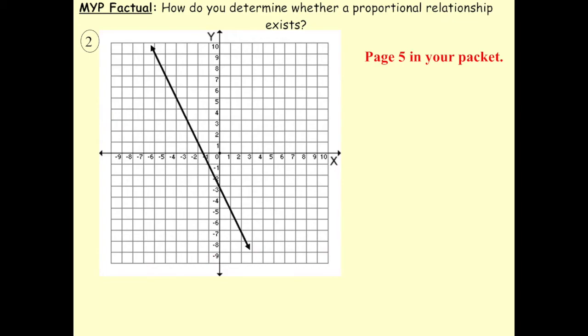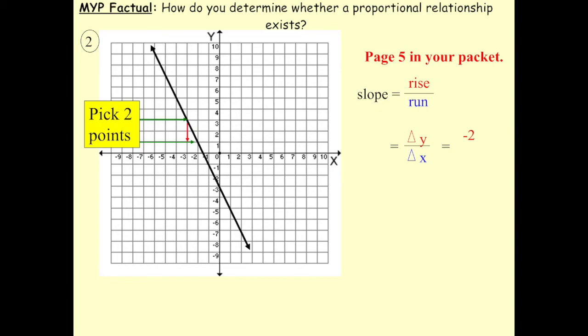Question 2. Slope equals rise over run, which equals the change in y over the change in x. I have to pick 2 points on this graph and then determine the change in y and the change in